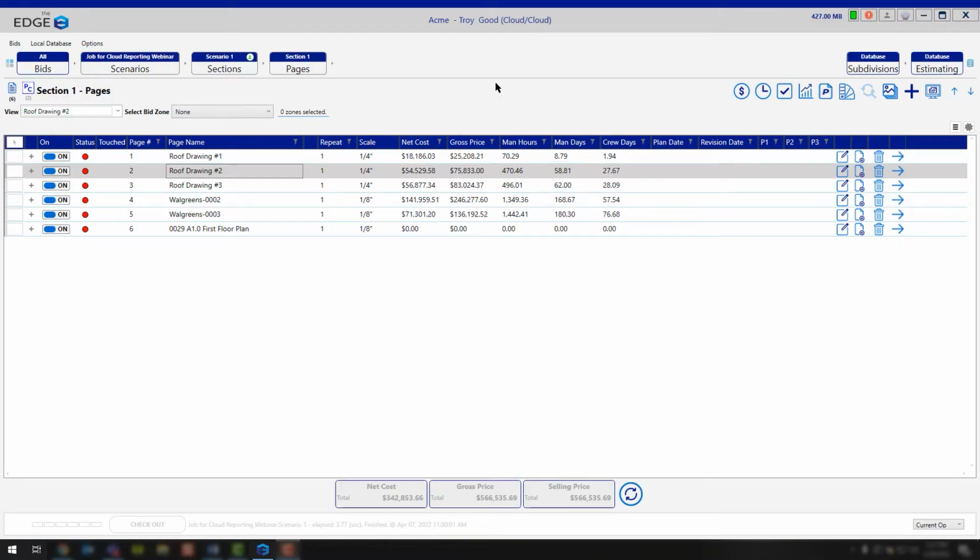Today we're going to cover how to adjust markups both at the project level as well as the database level. We're also going to cover the cumulative checkbox that you have the ability to select as well. So the first thing you need to do is to be able to adjust your markups at the project level,